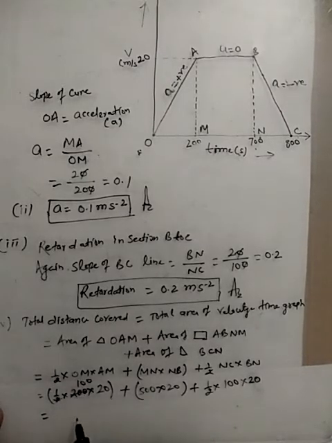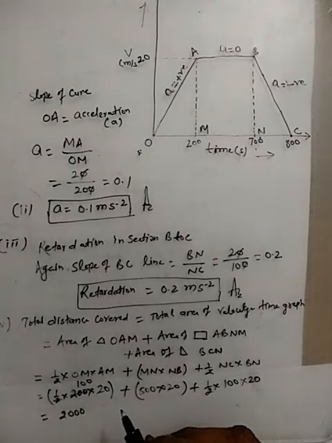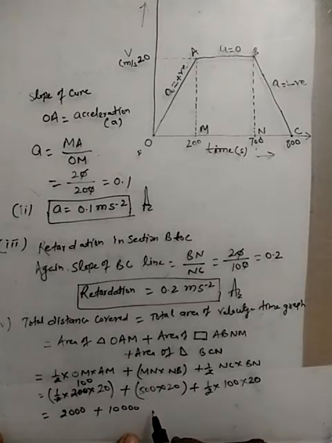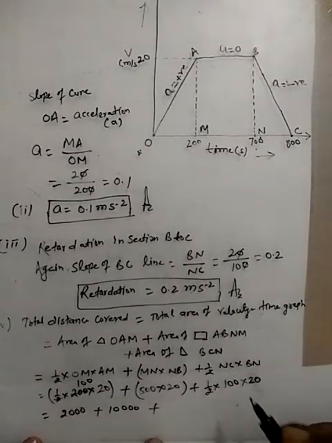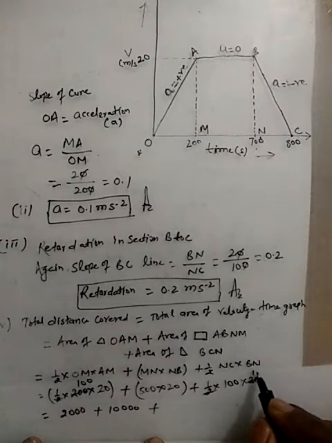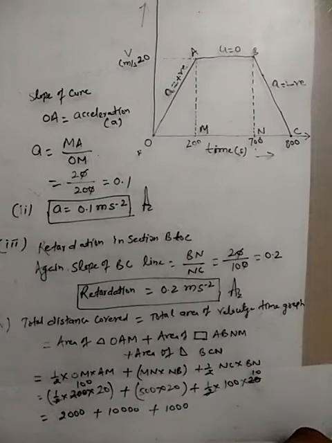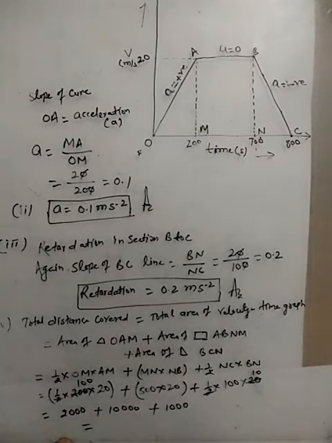This is 100 into 20, it will be equal to 2000 plus this will be equal to 10,000 plus this will be equal to 1000,